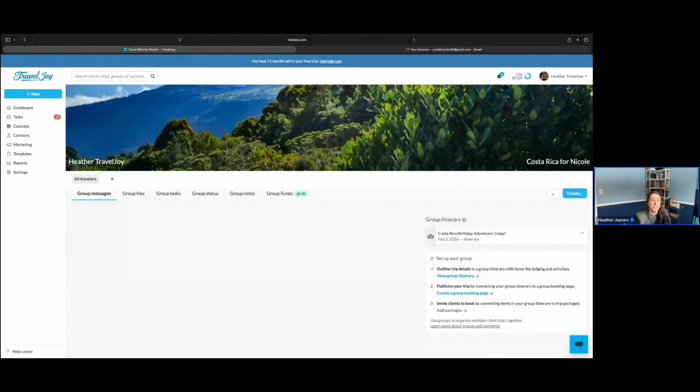Now, this page is designed to be your itinerary, your inquiry page, your checkout counter, all in one automated step. It will also act as your automated assistant that follows up on payment reminders, and it can even send out tasks if you'd like. I promise it's not as scary as it seems, and it can be done in just a few minutes. So we're going to, again, within the group, click on this blue Create button and click on Group Booking Page Supplier.